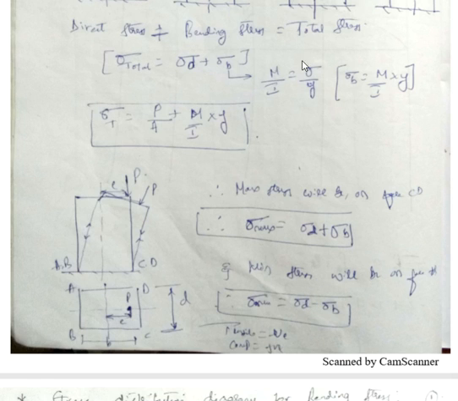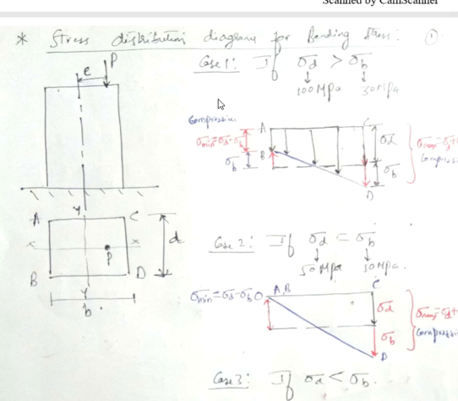direct and bending stress. Now we'll briefly discuss the stress distribution diagram for columns which are subjected to direct and bending stress. From the discussion we came to know that whenever I am applying eccentric loading at an eccentricity e from the neutral axis, the column will be subjected to direct compressive stress sigma D, and also bending stress sigma B.